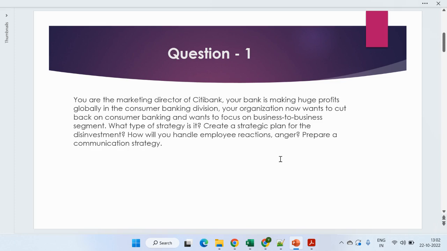Suppose I have put 1 lakh of rupees or maybe 10 lakh in Citibank, and one day they simply said, "Okay, boss, we are ending your account. Just take back all the money, and we are closing your account." So definitely, it's a very normal human tendency that anger comes into the mind: boss, what is this? So which communication strategy do you need to implement to cater to that customer's anger?